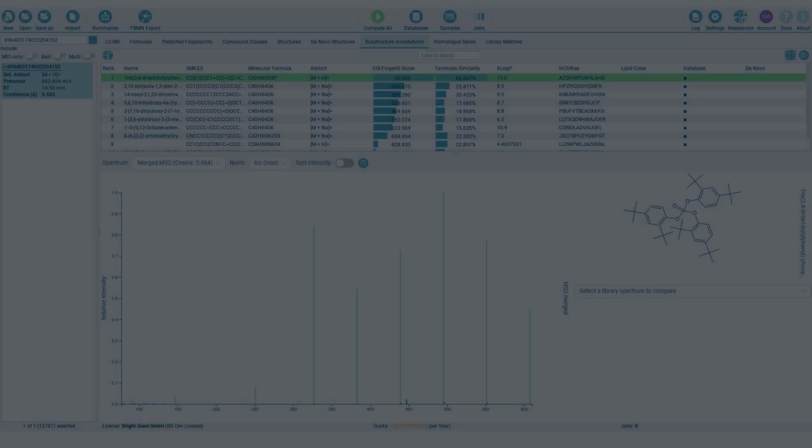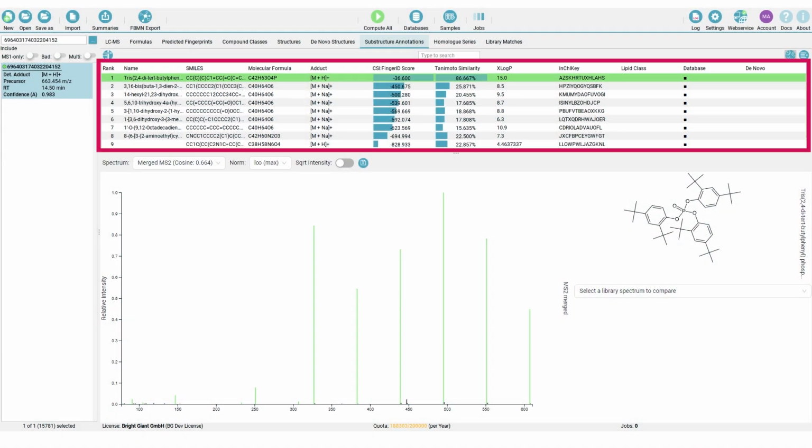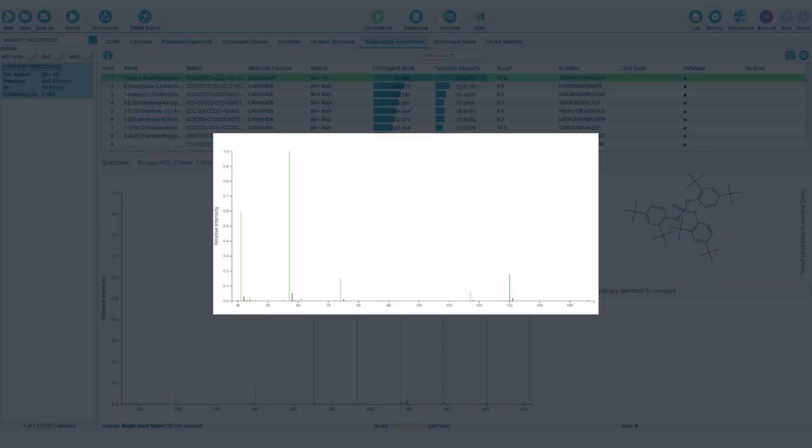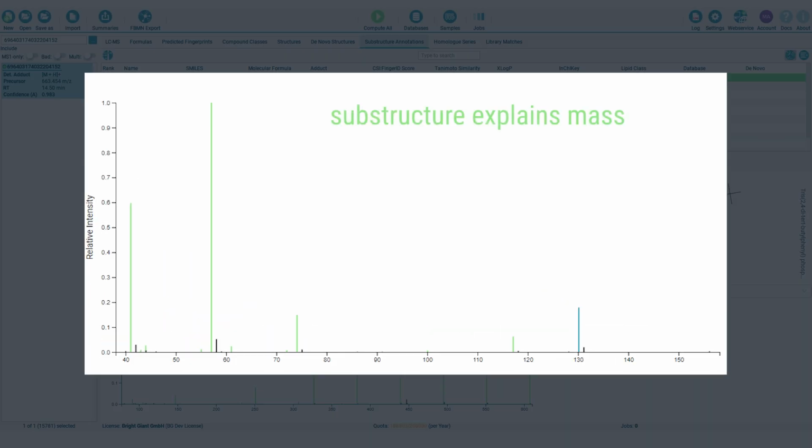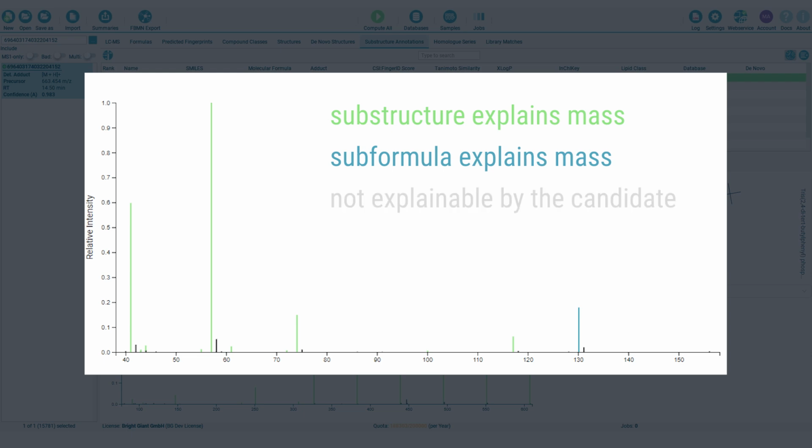In this tab, we can choose a candidate structure from the candidate table to understand how well it can explain peaks from our query spectrum. A peak will have one of three colors: green if a substructure of the candidate structure explains this peak's mass, blue if no substructure explains its mass but a subformula does, and black if neither subformula nor substructure are supported